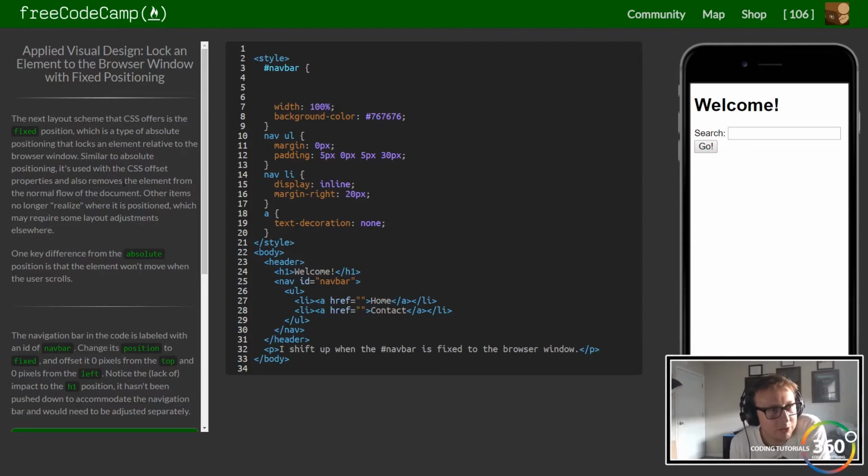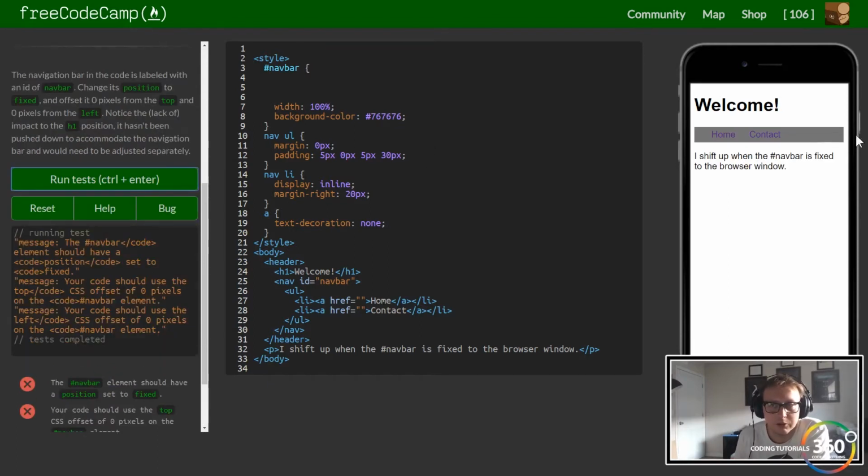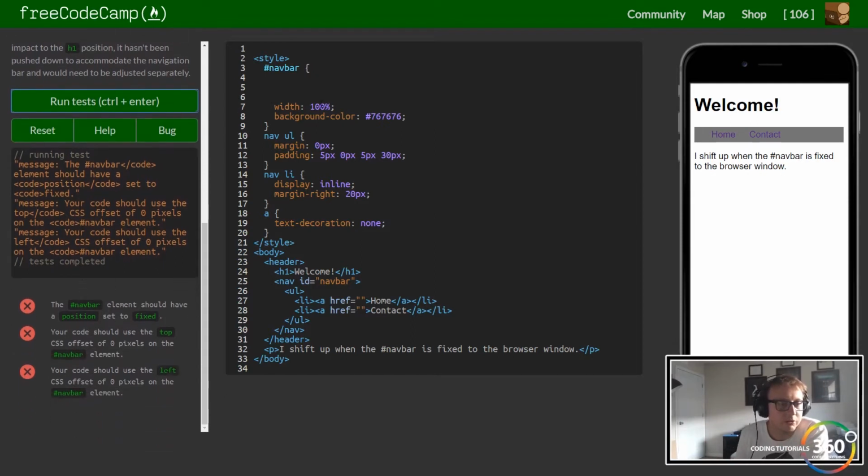So the text layout scheme CSS offers is fixed position, which is a type of absolute position that locks an element relative to the browser window. So fixed locks it to the browser window, while absolute is locked to the parent element. So if it's located in a div, it's to that div, while fixed is absolute except on the window. Okay, so what we want to do here, we have this, and we want to give our nav bar the position of fixed,